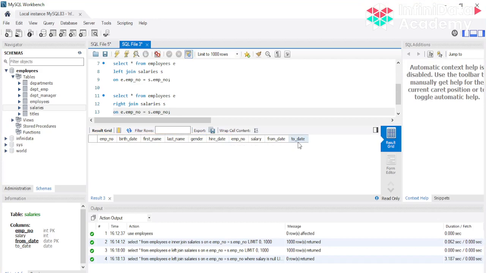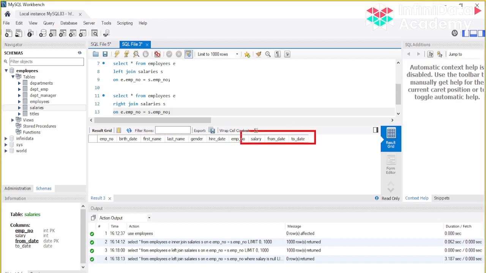And as well as if you have any data present in the right table, that is, these 4 values are there, and against this employee number there are no employee details in your left table, so this is blank for that, so that row will also be present in your output, and in that case the first 6 columns will be null and the last 4 values will be there. So this is basically the result of your left join and right join, a combination of that.